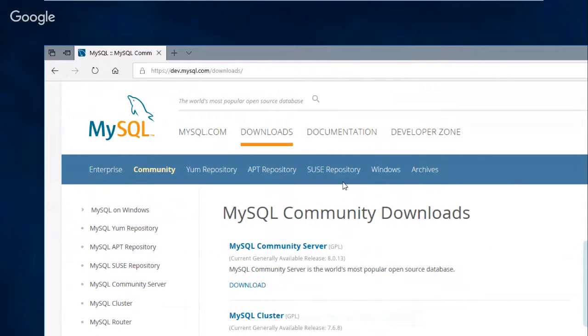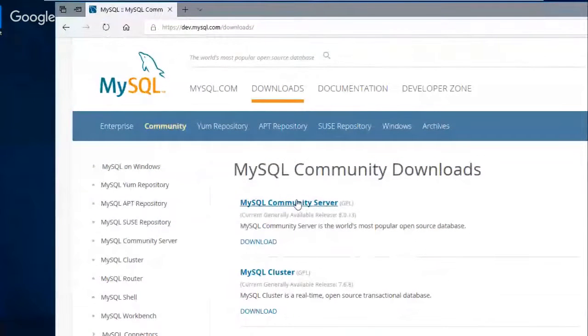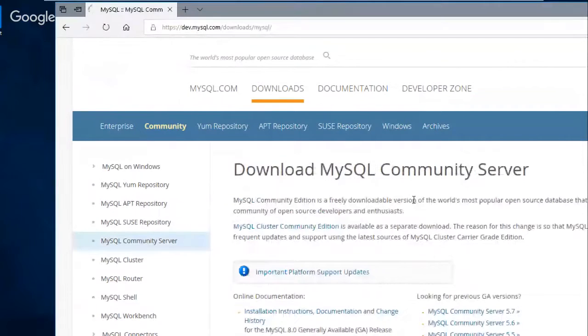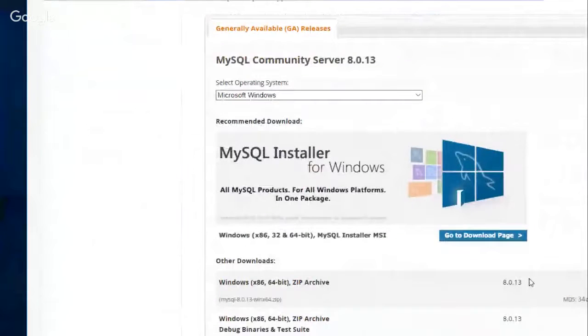So this is dev.mysql.com/downloads. We want the community server. The community server is the free one. The others are free for a while. This is free. And then we want to just go down and go to the download page. When you get down here,